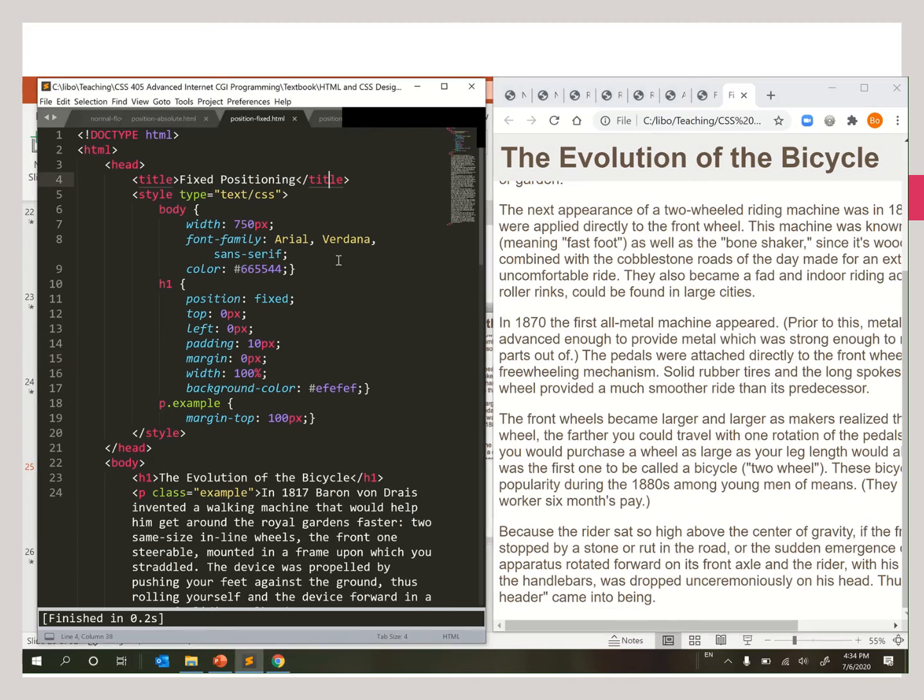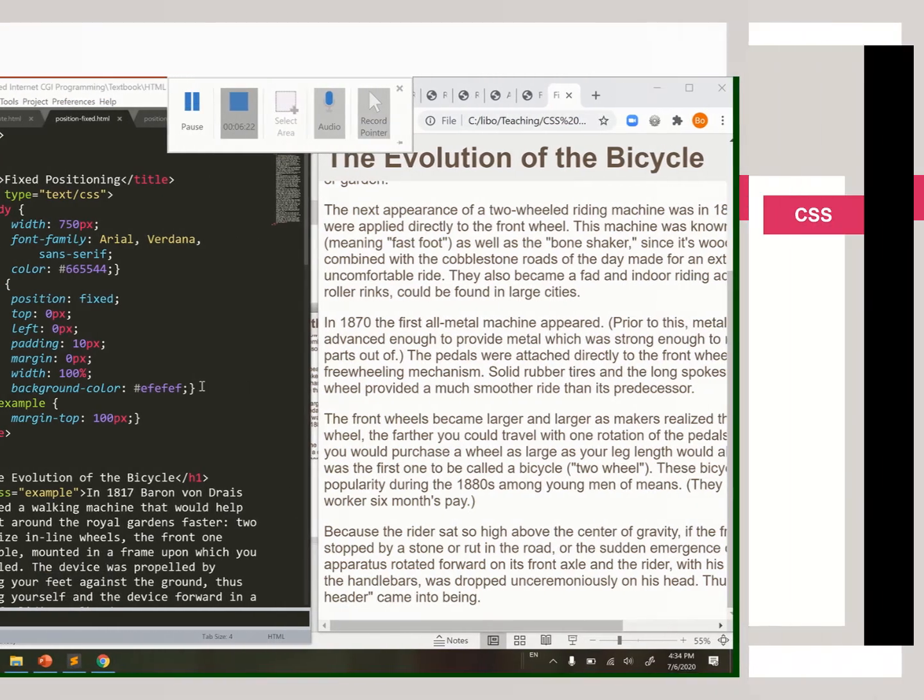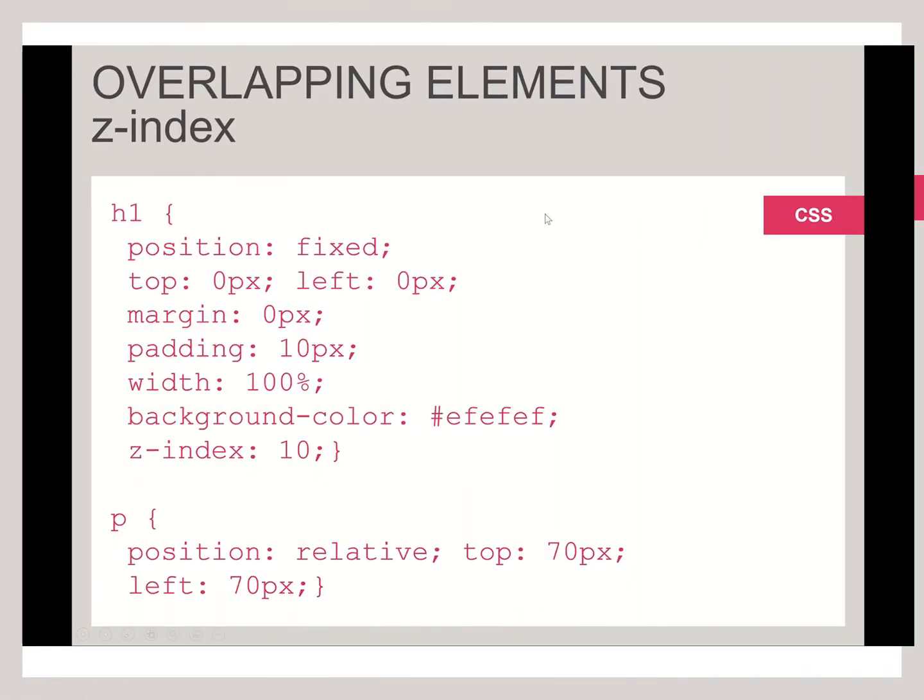Okay. So anyway, till now we have talked about the most important 4. Of course, we haven't finished. We have another one, float, which is also more complicated, but more versatile, more important. But we have finished the normal and relative, absolute, and fixed. The most important 4 first. Okay. So let's look at the overlapping contents